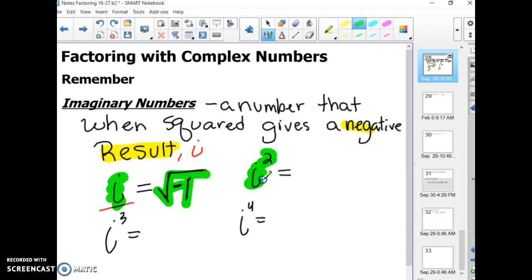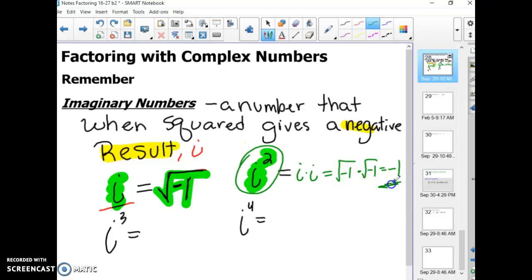So now if I go over here and I think about i squared, that means I have two i values. So that means the square root of a negative 1 times the square root of a negative 1. Well, I have the same thing underneath, so that gives me the value of a negative 1. So this is what it's telling me: if I have a number that when squared, i squared, is going to give me a result of a negative 1